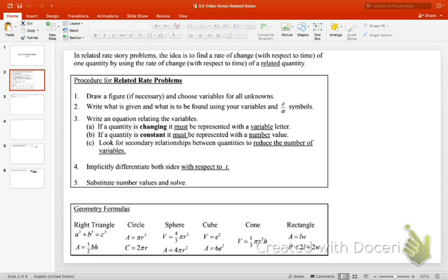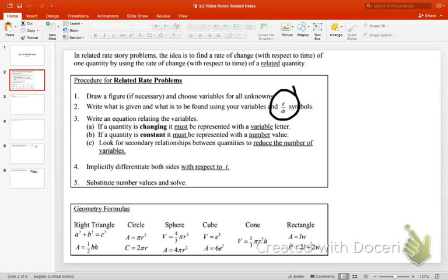It's really important that you have proper notation so that you can find where you need to put things and follow your work and do substitutions correctly. So there's some guidelines for solving these. First of all, draw a figure if necessary and choose variables for all unknowns. With these problems, you'll usually have several unknowns, and you want to make sure that you understand what each of those stands for. Write out what's given and what is to be found using your variables, and with this, we